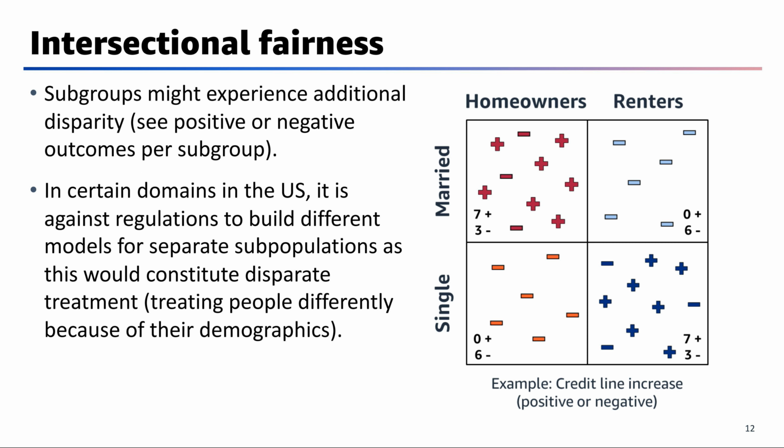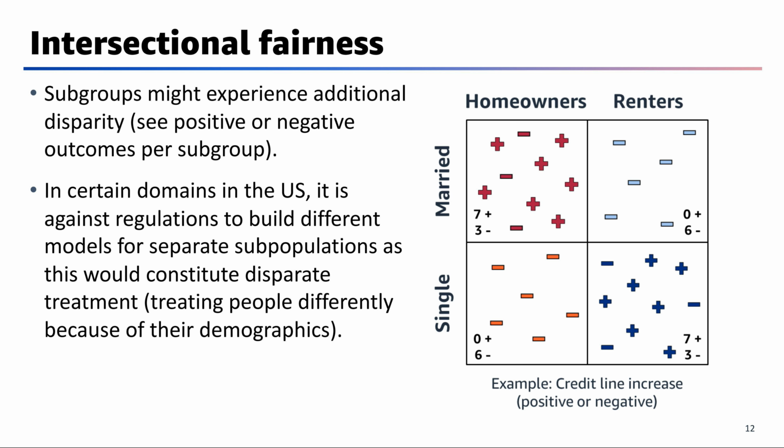A possible intersection of attributes is given by marital status and an additional group status. In the chart, columns refer to group status and rows refer to marital status. Certain subsets have favorable numbers of outcomes. Overall, both marital status groups have the same number of positive outcomes, 7, but they are concentrated for a certain